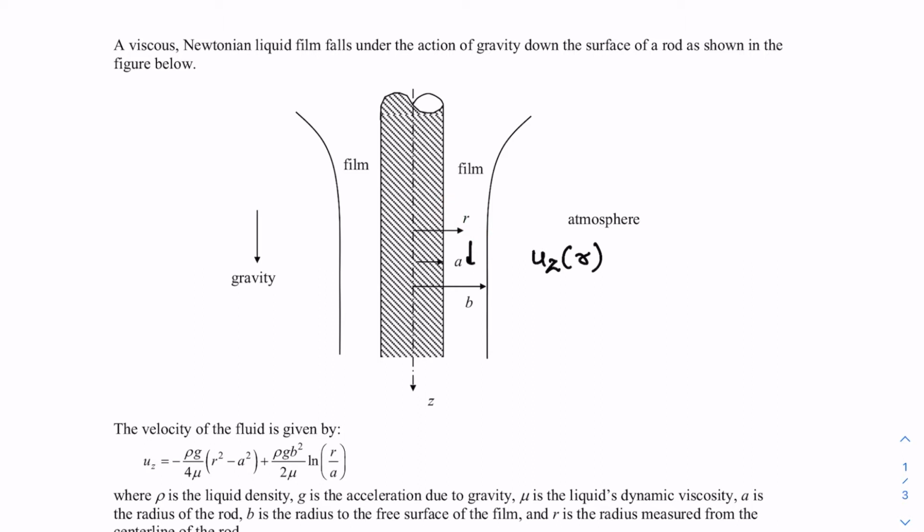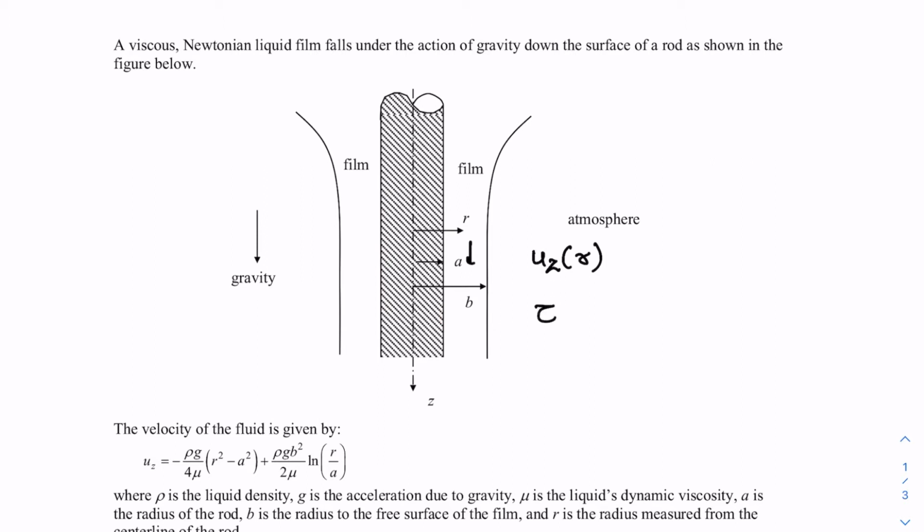So because of that, there are velocity gradients because this cylinder is stationary. Because of the no slip boundary condition, the velocity here is zero, but the liquid is flowing down. So as you go away from the surface of the cylinder, the velocity of the fluid is non-zero. Because of these velocity gradients in the radial direction, there are viscous shear stresses acting on the surface of this cylinder, which we can calculate from